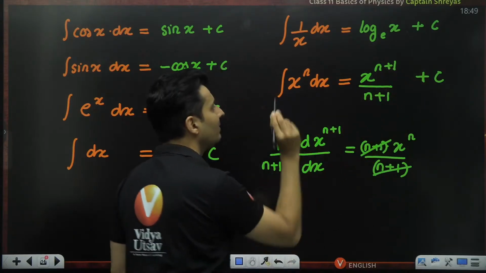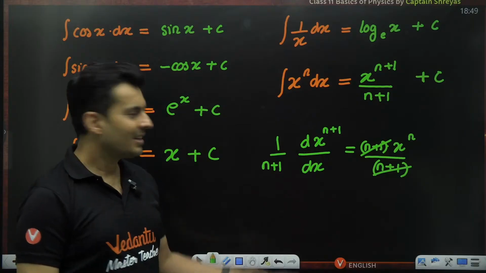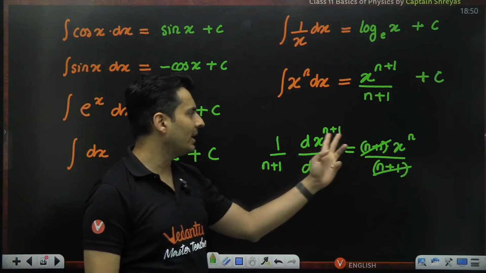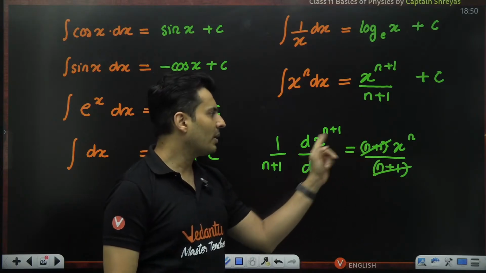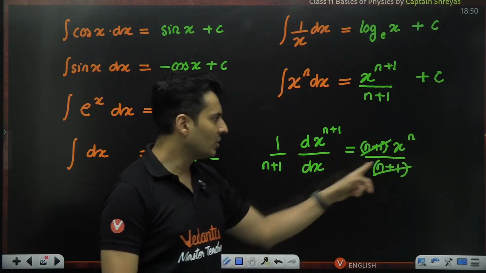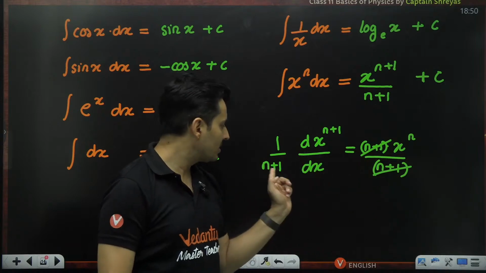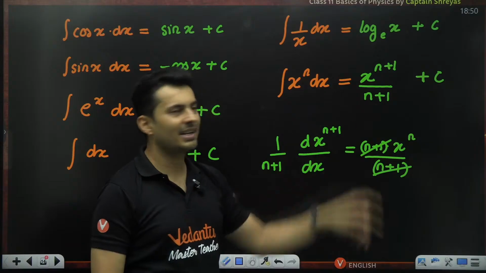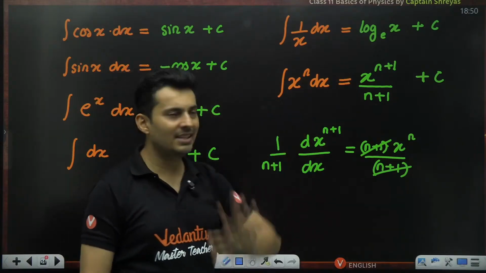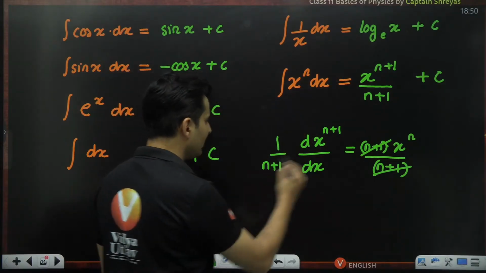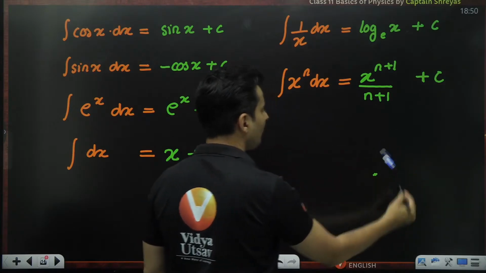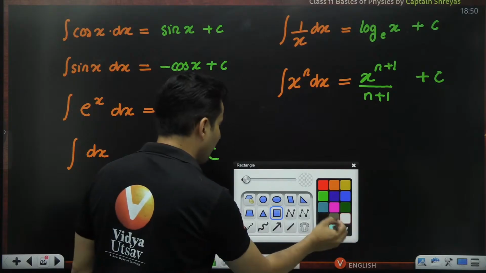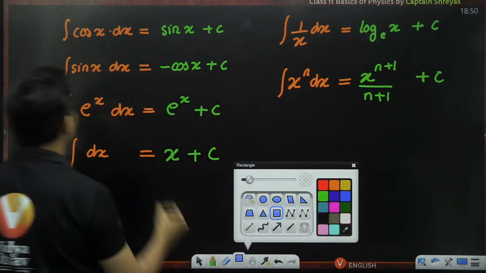This guy's derivative will be x raised to n. Getting it? So the derivative of x raised to n plus 1 by n plus 1: what will happen? n plus 1 will come outside, and the power of x will reduce by 1. And the n plus 1 from here is as it is over here, which will cancel out. So I am left with x raised to n. So yes, this is the answer. Is this absolutely clear, my dear students? Everyone? So these are the formulas which you must 100% remember.